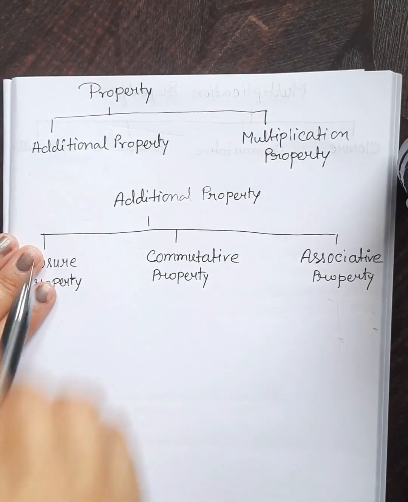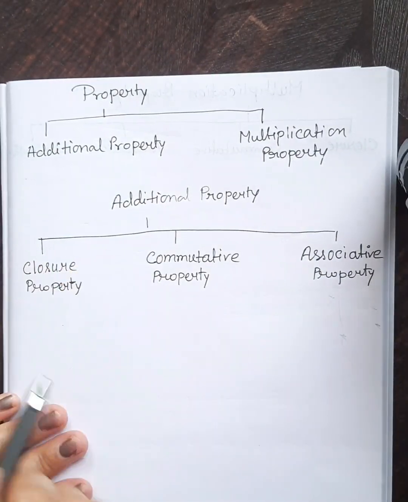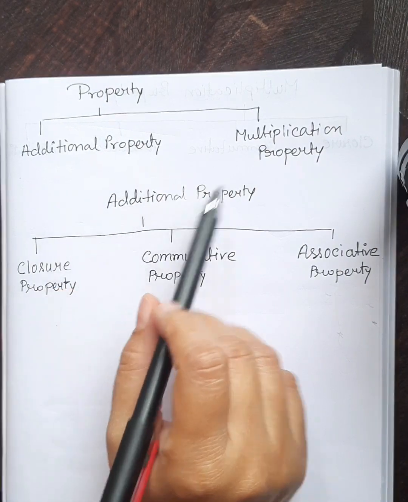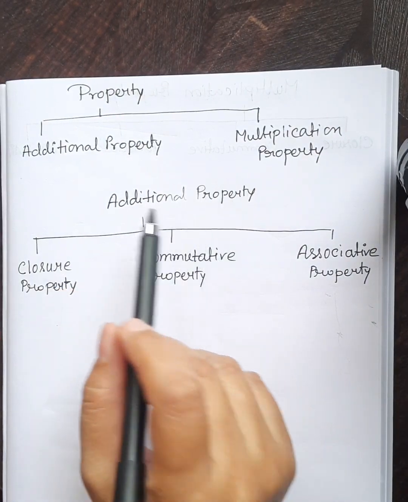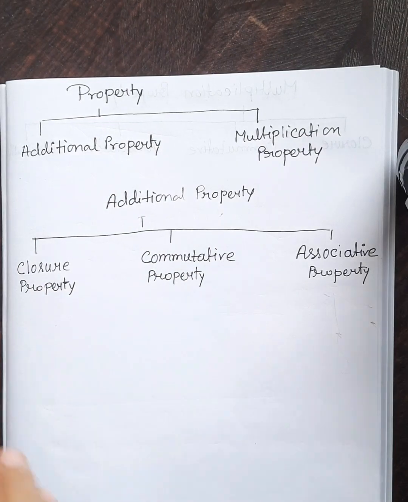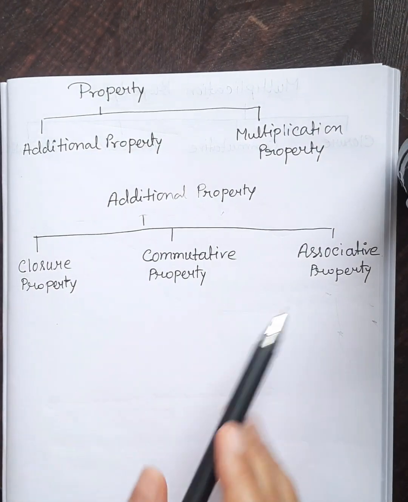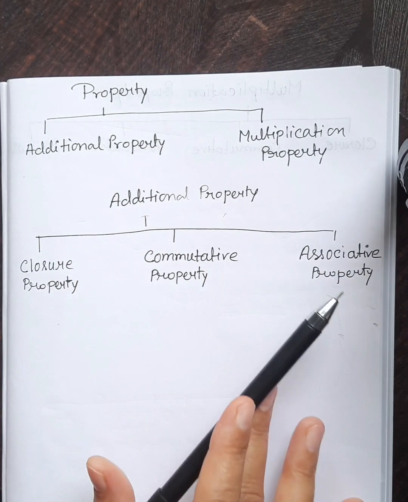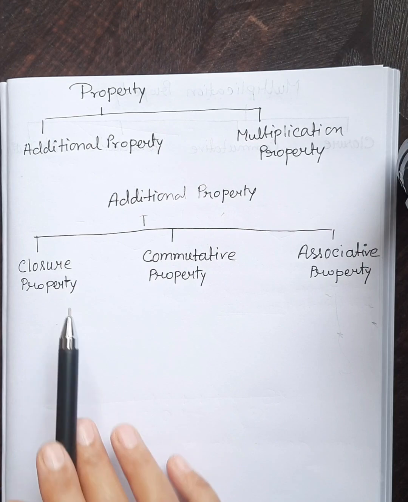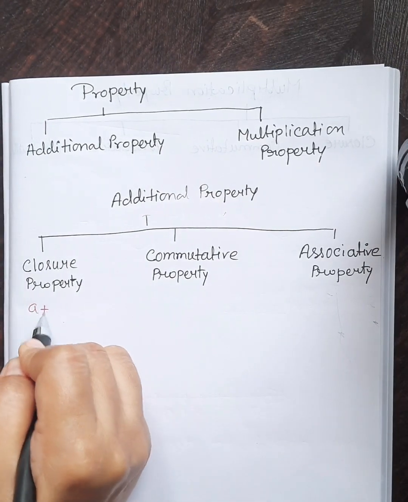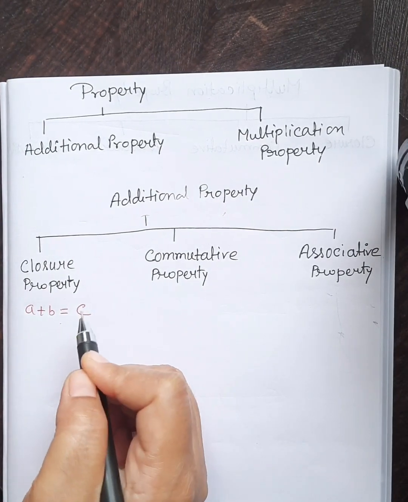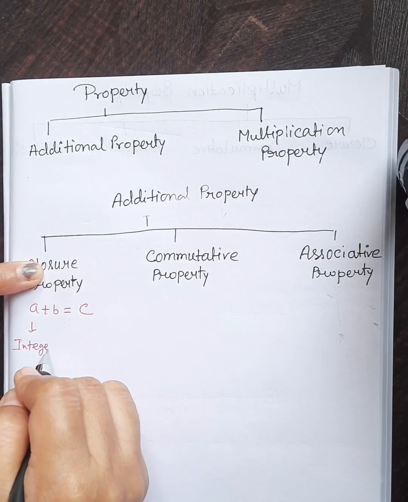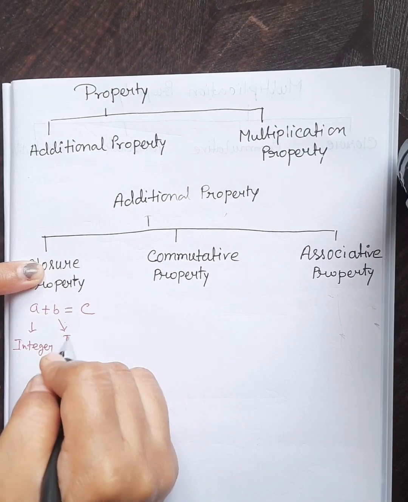Now next, go to the properties. Here there are two types of properties we can learn: addition property and multiplication property. Addition property means there are three types: closure property, commutative property, associative property. Closure property means A plus B equals C, where A is an integer, B is also an integer,